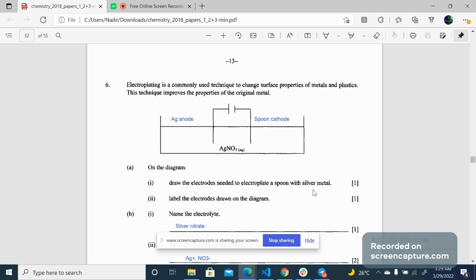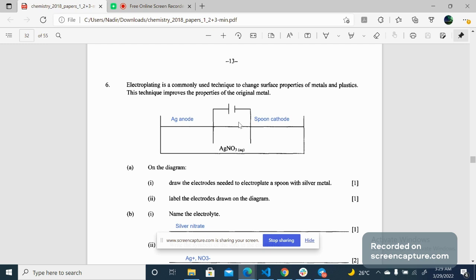with silver. So what happens is there are two terminals or two electrodes, you can say, a positive electrode and a negative electrode. The negative electrode is called the cathode because cations, which are positively charged ions, move towards it, and the positive electrode is called the anode because negatively charged anions move towards the anode, because opposite charges attract, like charges repel.